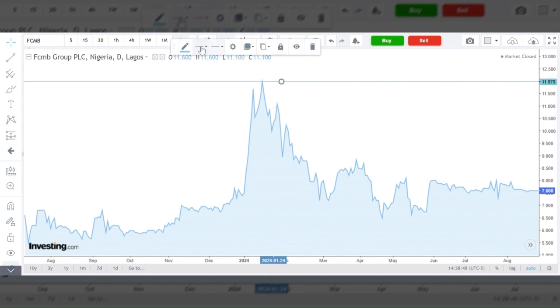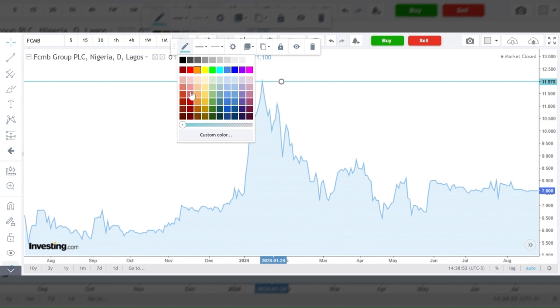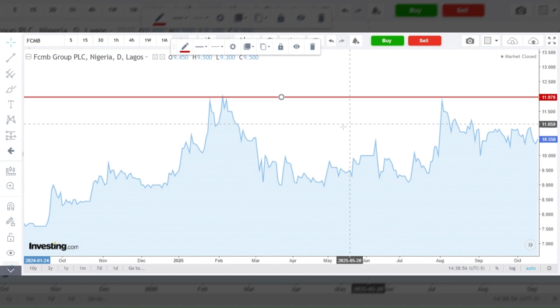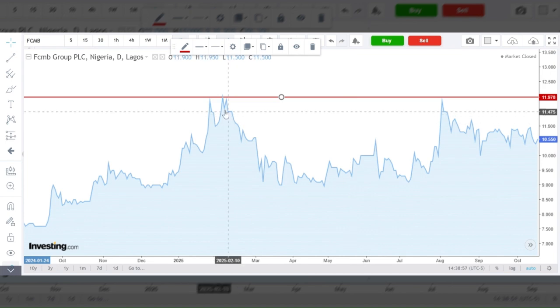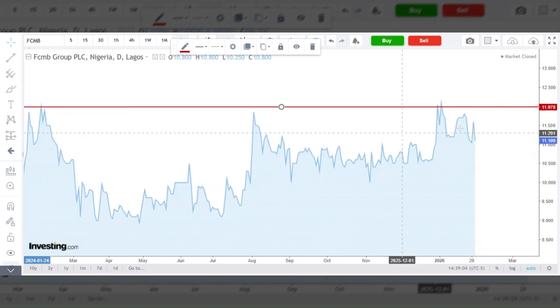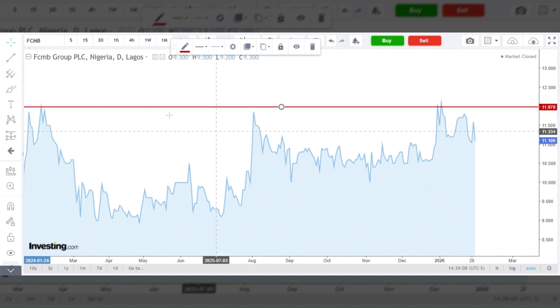When I put the line here, I'll now check if it corresponds. Change the color of this thing. All right. How does it correspond? You can see here, this is 2025. It corresponds to this place. This is one, two spots, and also corresponds to this place. So we have three. This is going to be a very strong resistance line